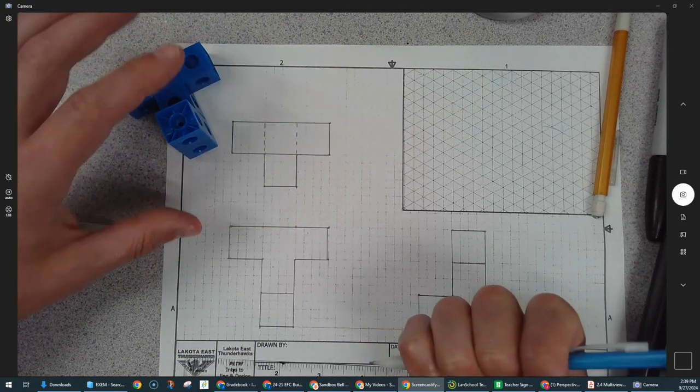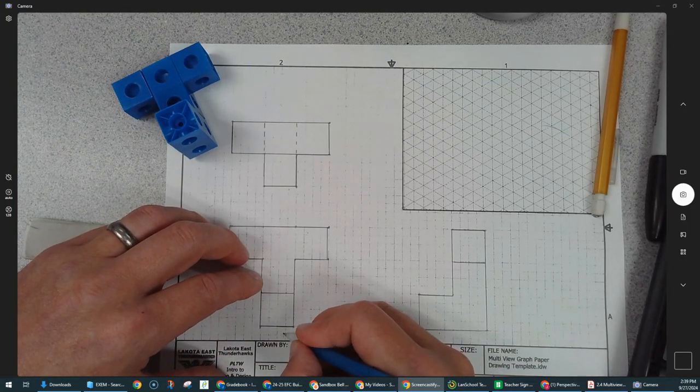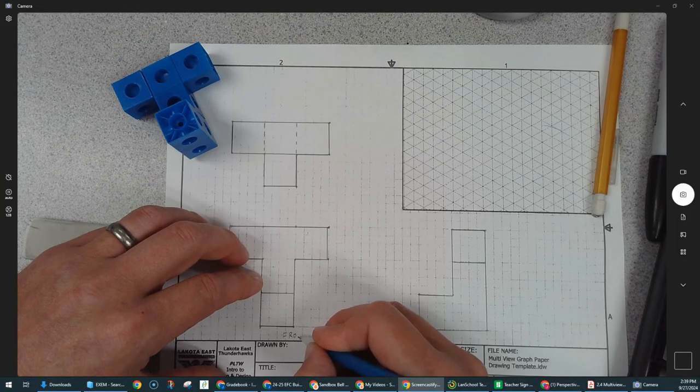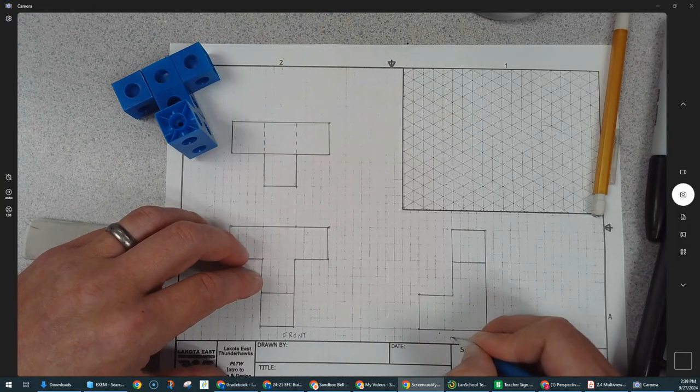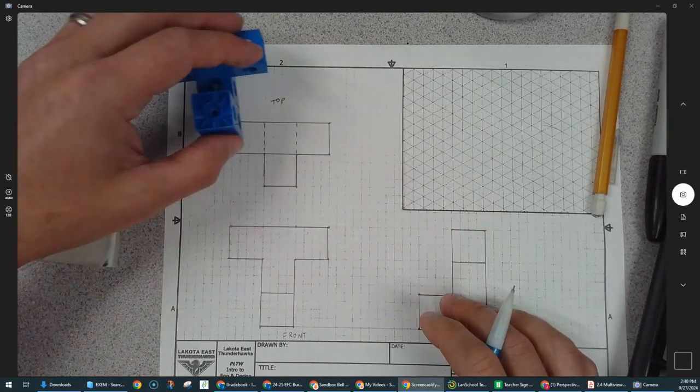So there we have it. For our 3 primary orthographics, we have our front, top, right that we were going to go. There's a front, there's a right. I can label them. And then here's our top view. Okay, now